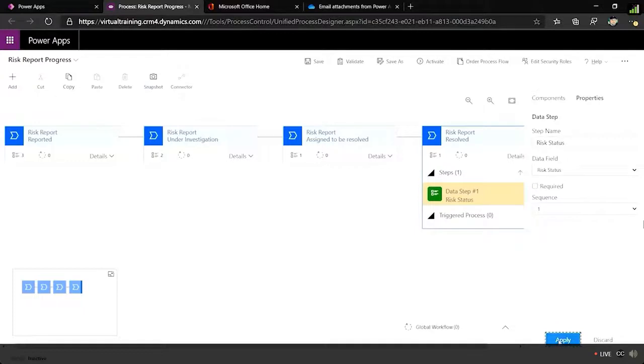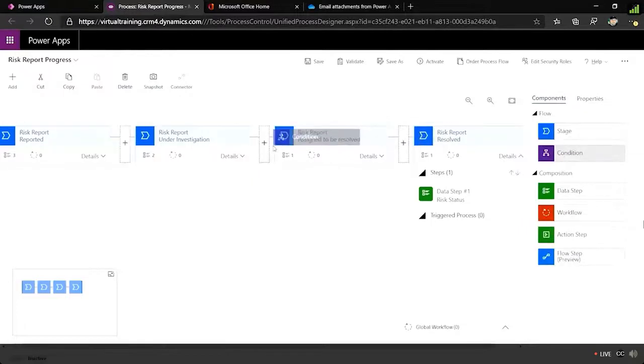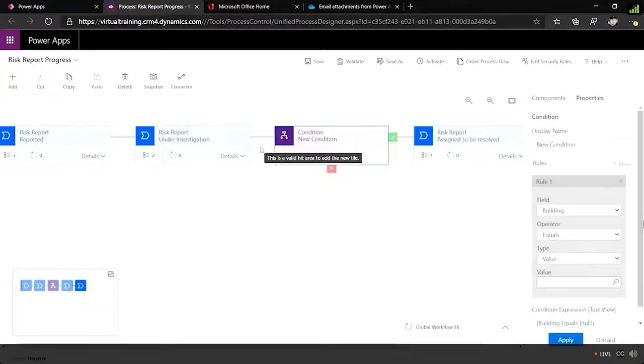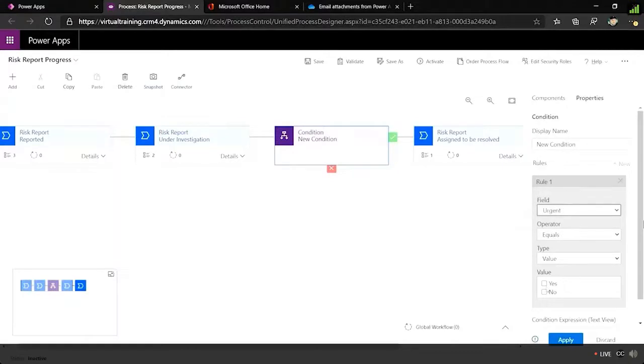So now I created my business process. It will be interesting to see if it is urgent that we said here in the under investigation. I might want to add an extra step. So I'm going to add a condition here, and my condition will fit right between those two processes. Okay. So if the condition on the field urgent equals yes,